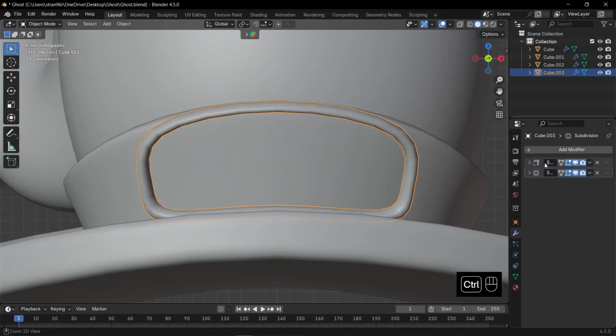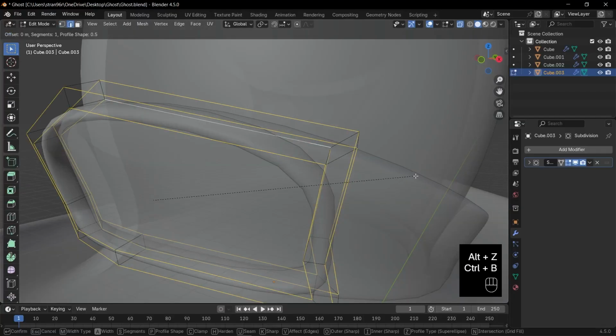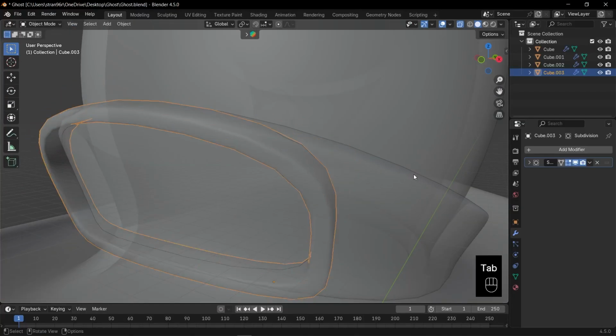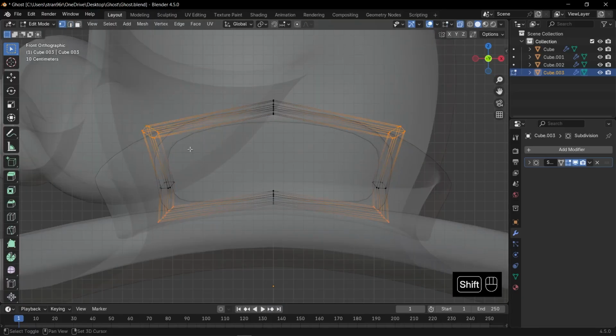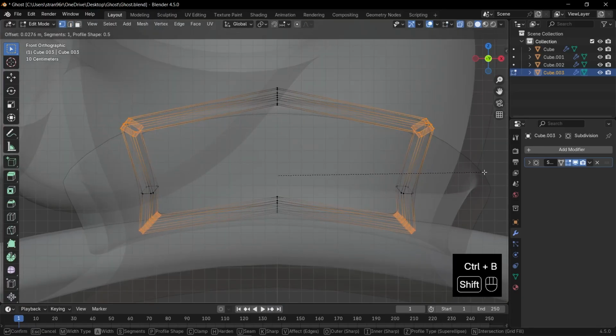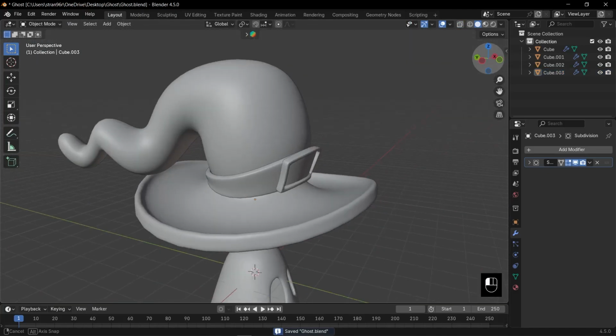Remove the bevel modifier if it's still there, apply the Solidify modifier, then in Edit mode, loop select the edges and press Ctrl-B to bevel them. Also bevel the corner vertices with Ctrl-B to soften them even more. Gorgeous, witch approved. Now, select all the hat parts, the main hat, belt, and buckle, press G+Z to move them